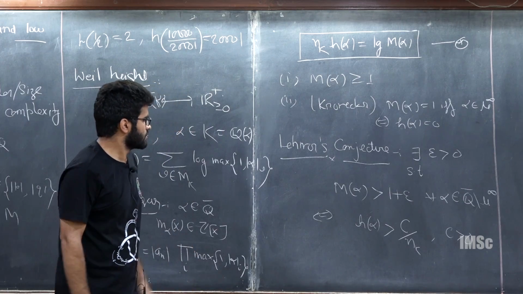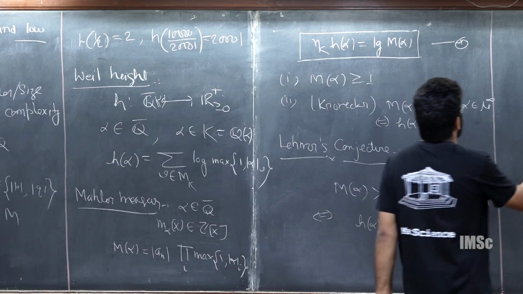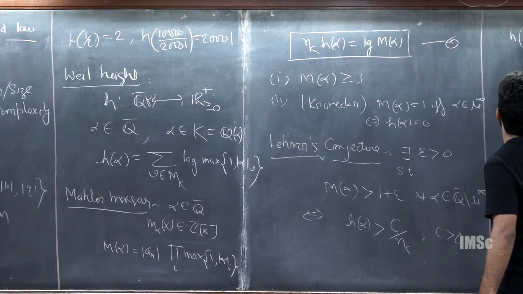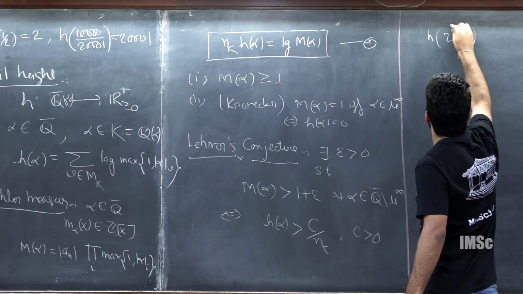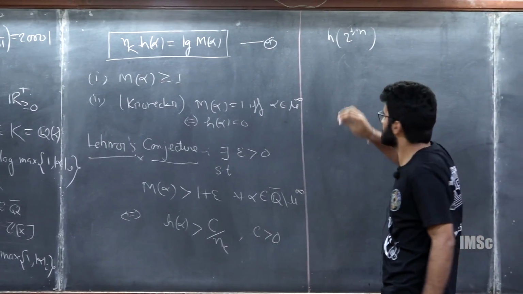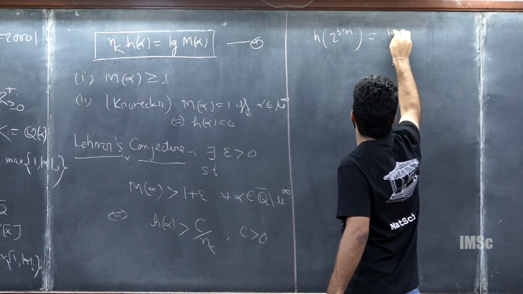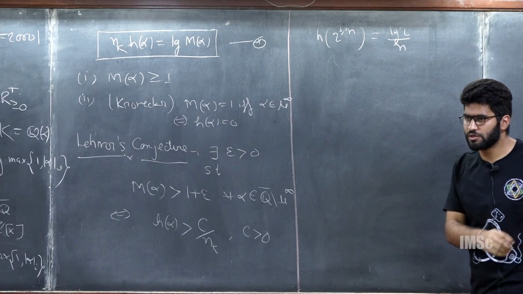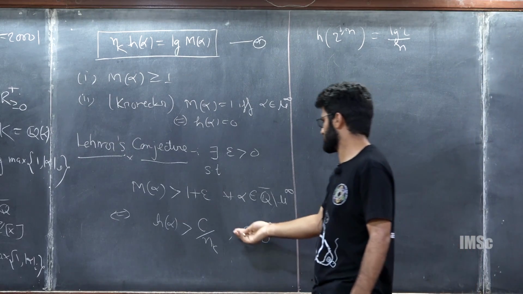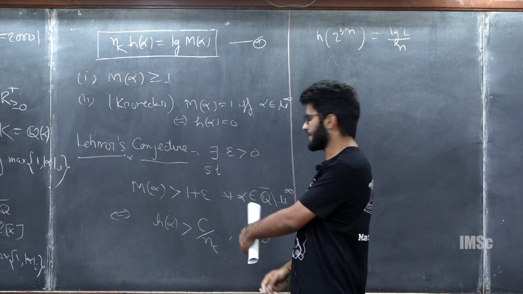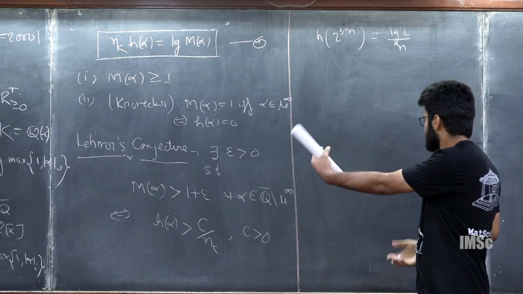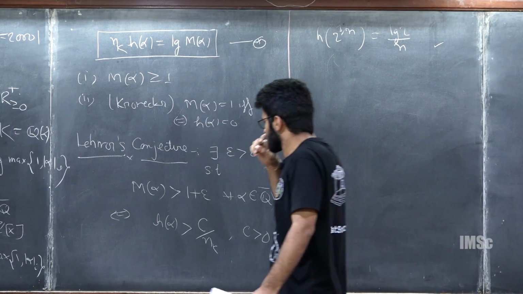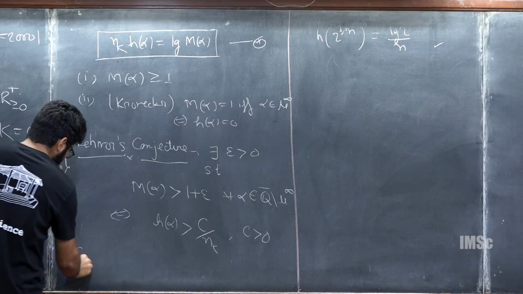If you see the definition of Weil height and see the height of these algebraic numbers, it turns out to be log 2 over n, where n is the degree of this number. So it somehow says that this right hand side, 1 over n_K, cannot be made much better. This conjecture is still open,